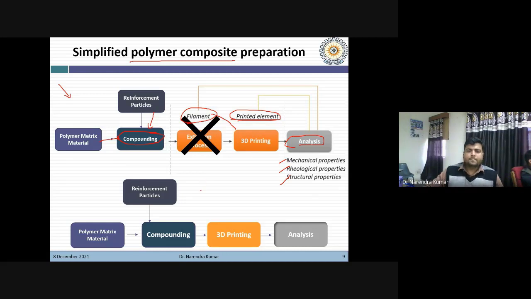Also, we can have in situ composite preparation and 3D printing. How we do it, I will show you in the next slides. In situ means preparation of the polymer composite and 3D printing can be done together with direct pellet printing. That's why I have shown these two stages combined.